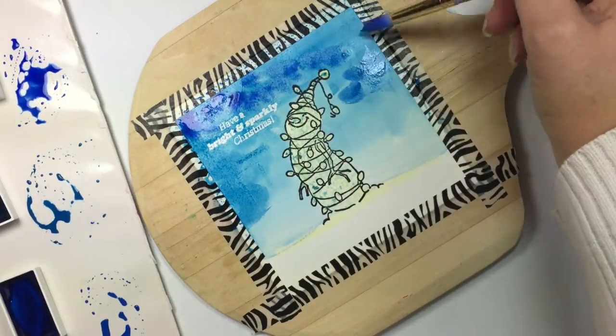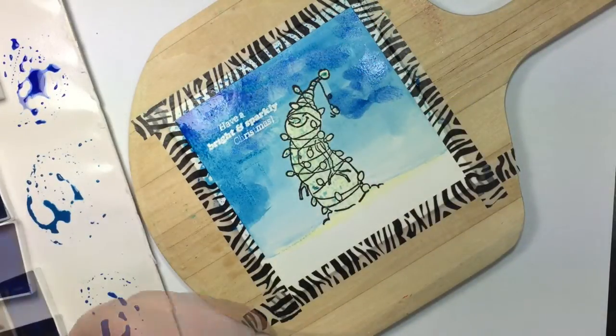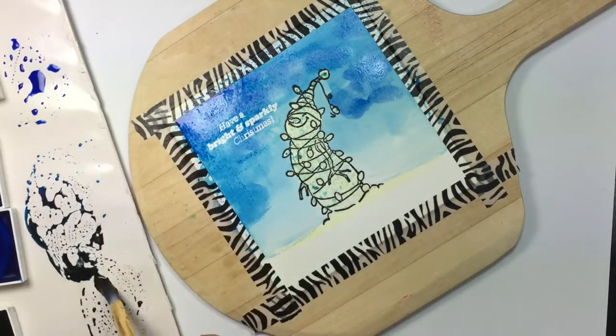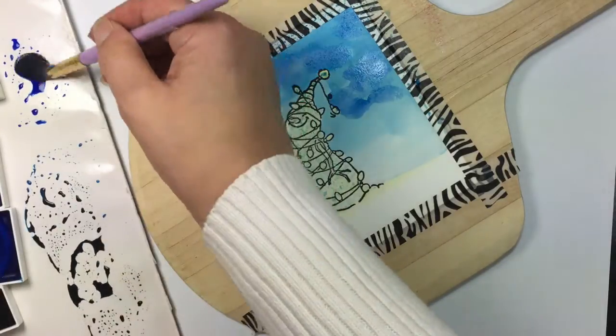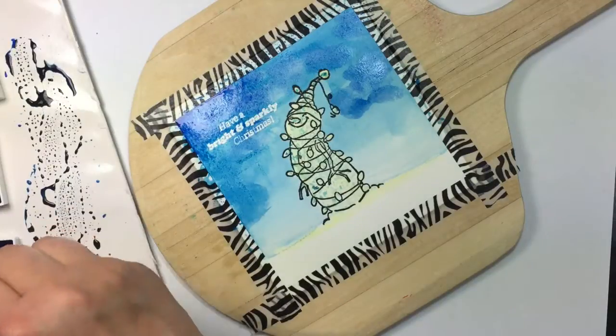But you don't have to be an expert watercolor artist, because if you just learn from different people like Christina Warner, she's one of my all-time favorites with watercolor techniques. She's just amazing. I have learned from her to just let the water do the work. And if you dab on a little bit of darker blue here, like I'm going to be doing, you can help the